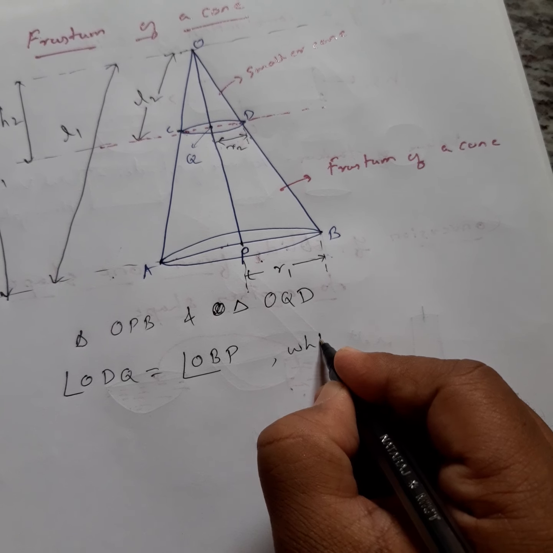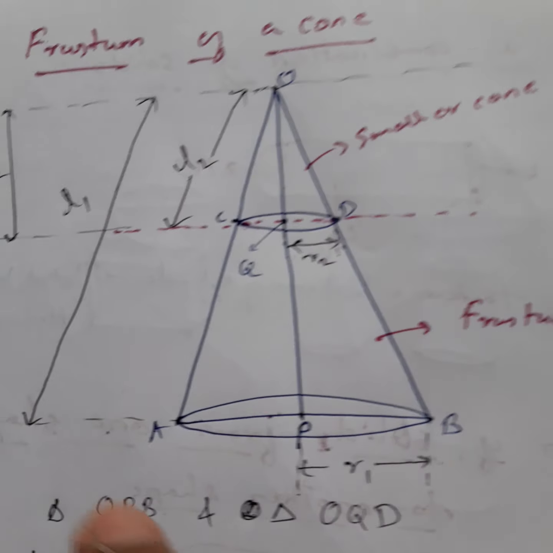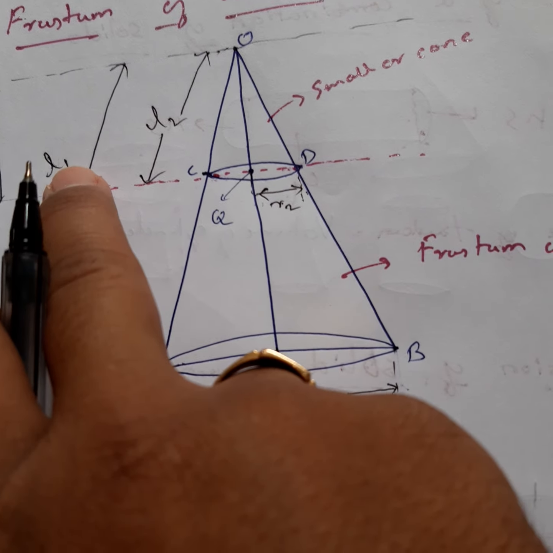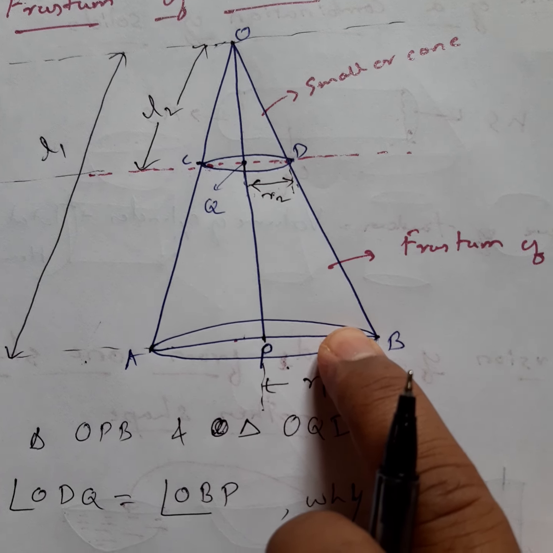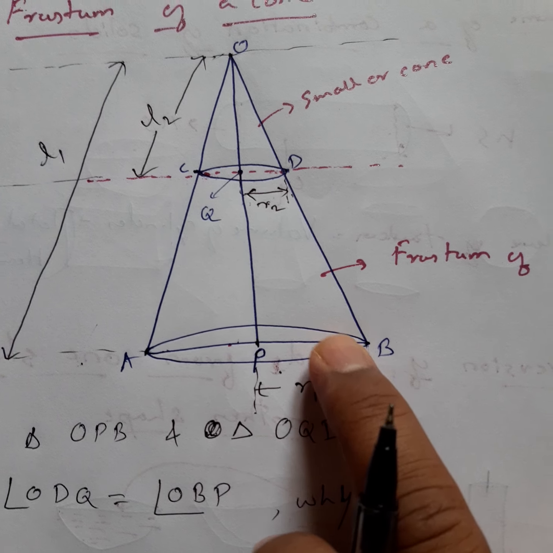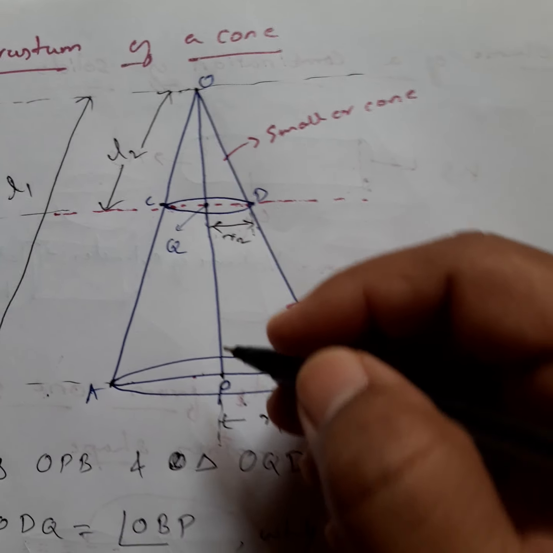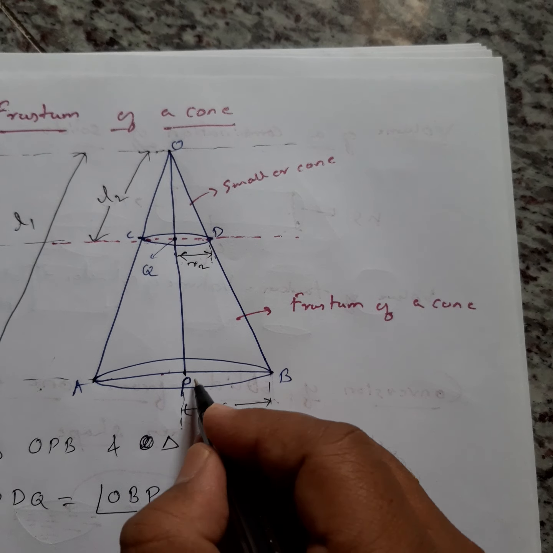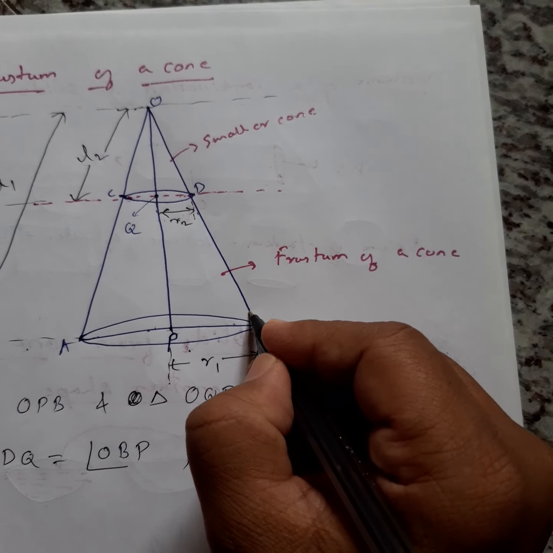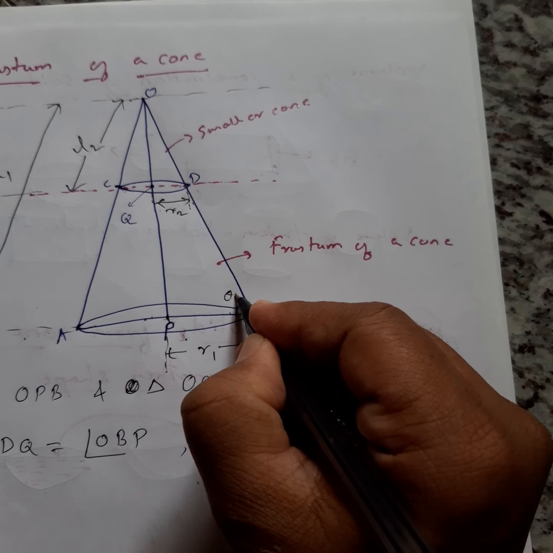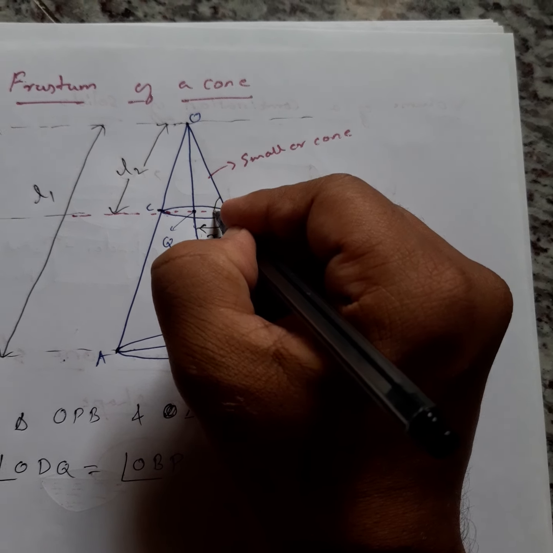Why are both equal? If you look at this diagram, the part which has been cut is parallel to the base, and the angle with respect to the base, which I will call theta 1, is the same as the angle